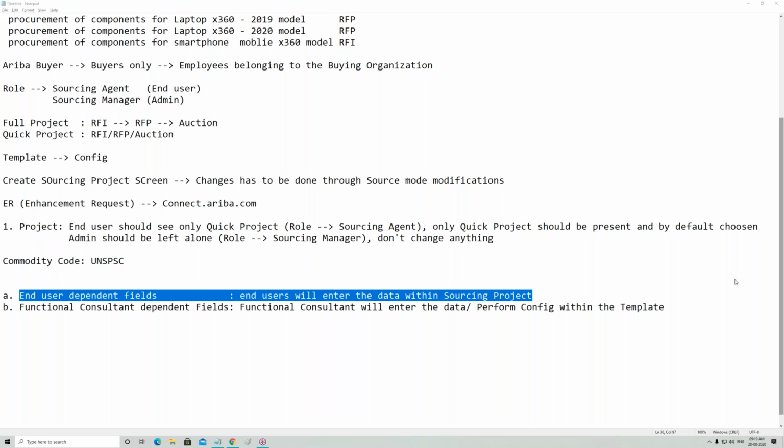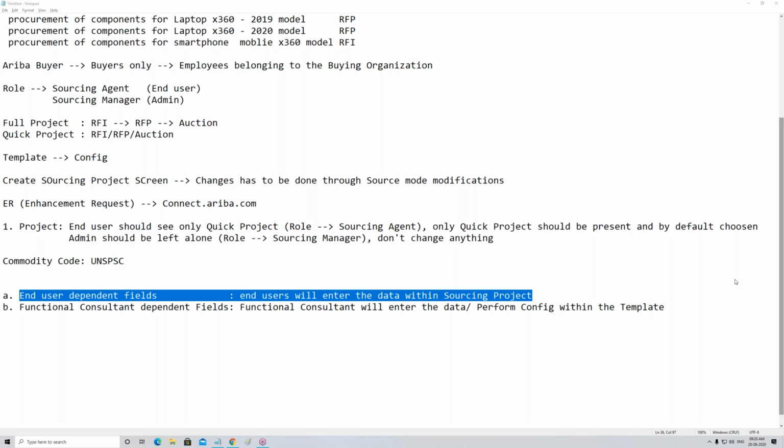Okay, good. Thanks. I have another question on the full project. Suppose when you are creating the sourcing project, it is configured as a full project with RFI, RFP, auction. I assume these are sequential steps. Is that right? Yeah. So RFI, RFP, auction will be done sequentially.